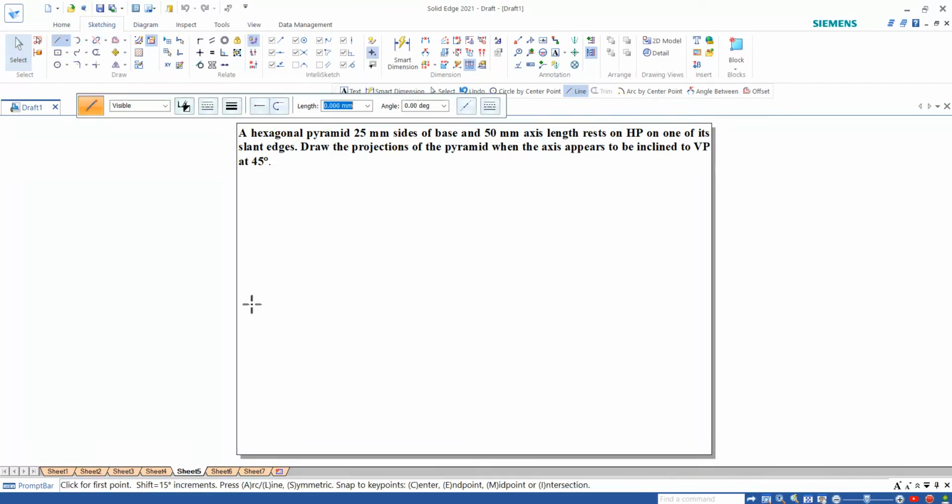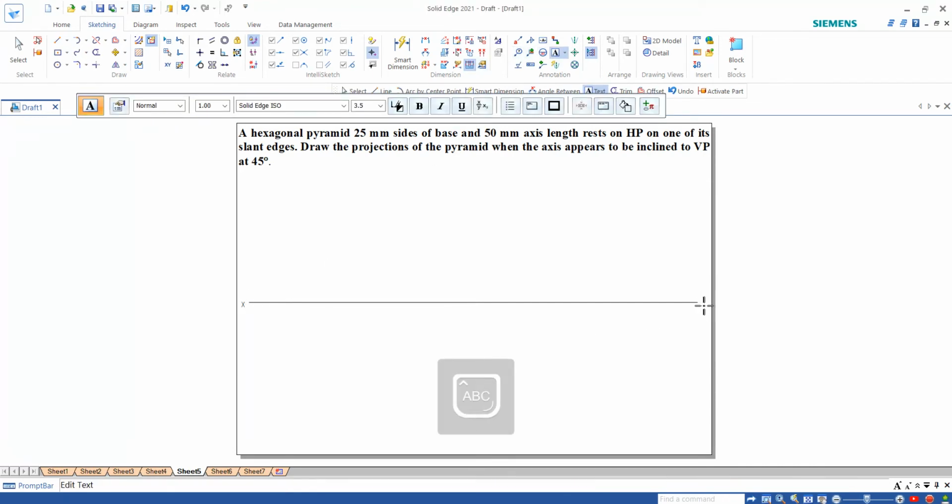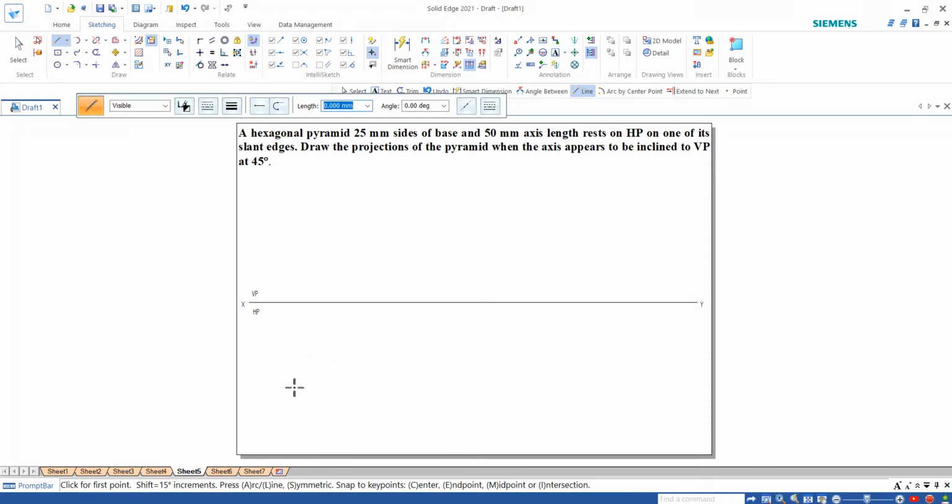I'm going to start with the XY line, and I'm going to specify X and this one as Y, VP, and this one will be HP. Now I want to construct the hexagon. The hexagon dimension is given as 25 at 0, 25 at 60, 25 at 120, 25 at 180, 25 at 240, 25 at 300.